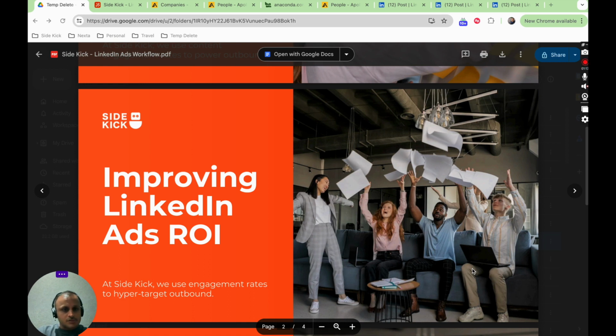So what you see on the screen are some LinkedIn ads I quickly created for Sidekick. We don't run LinkedIn ads. I'm not a LinkedIn ad expert. But in my opinion, LinkedIn ads, if they're being run, should not be run usually to generate actual leads and meetings. I think you use LinkedIn ads to communicate bite-sized pieces of information to your prospects, and you slowly get